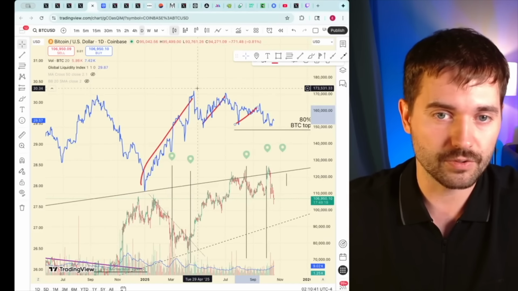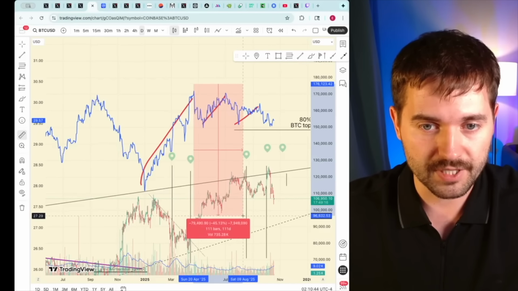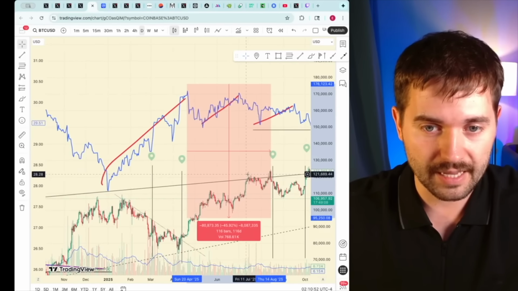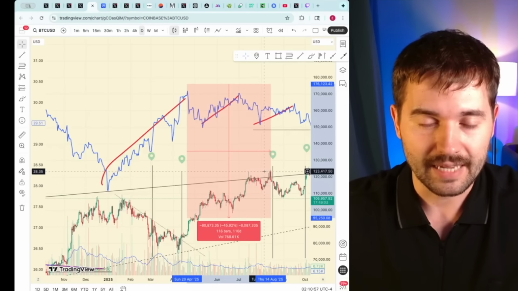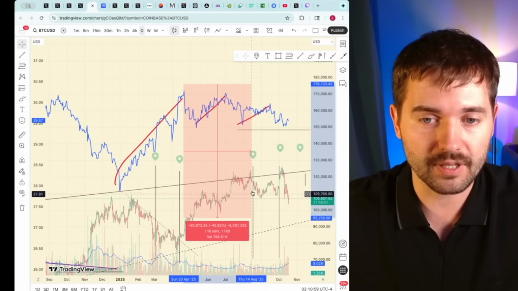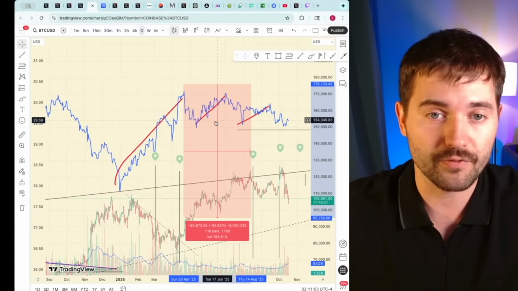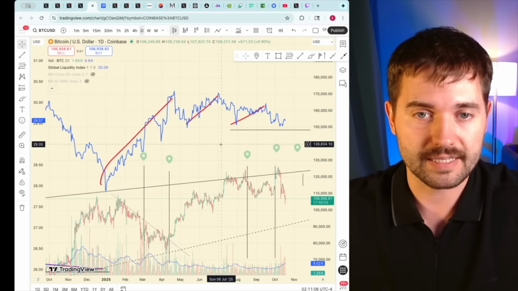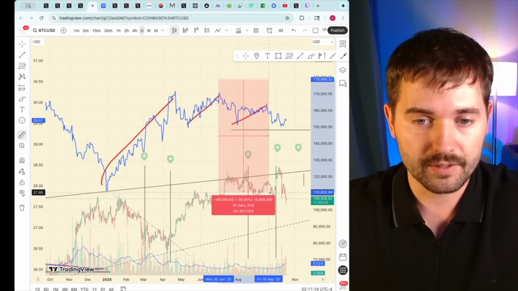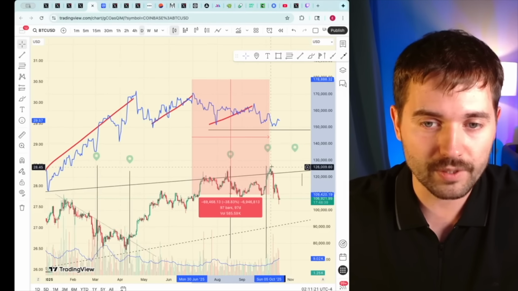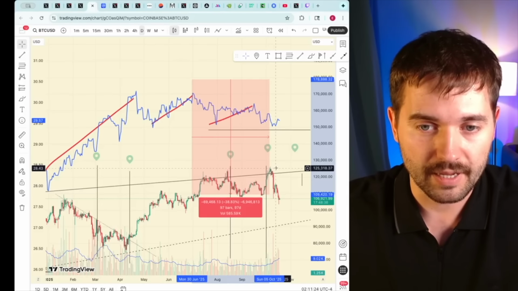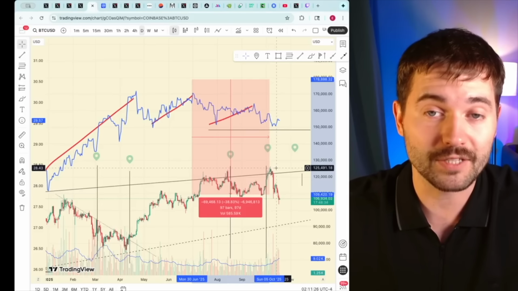Going back to this top to land on the 14th, and look how perfect it lands when we had Bitcoin at an all-time high at 120. And I put these horizontal lines to show where it's roughly 100 days away from the peak of the global liquidity market. Second peak, we map out 100 days. This is where we land. Perfect all-time high that was for Bitcoin. And Bitcoin topped a second time at 125.